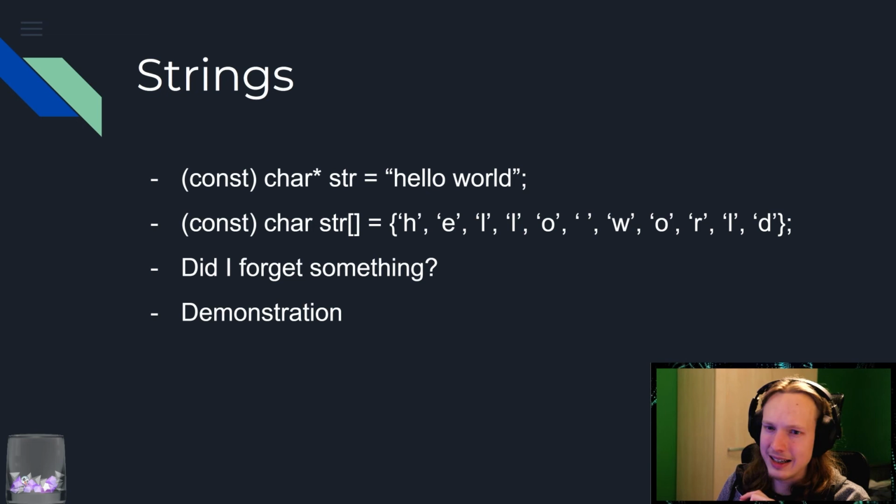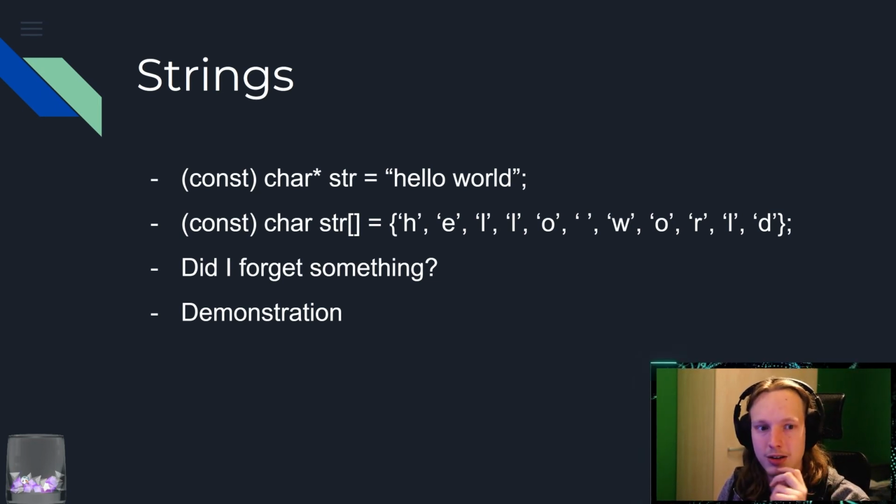The second line is basically the same as the first line. So we can just create a char array, just with the array constructor. And then we can just put in the whole hello world thing. And that will also create hello world. Only this one is a bit different than the first one. There is really only one difference.